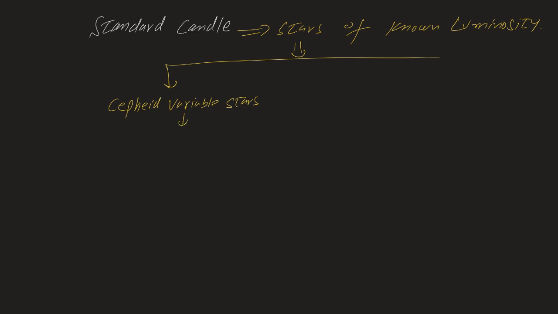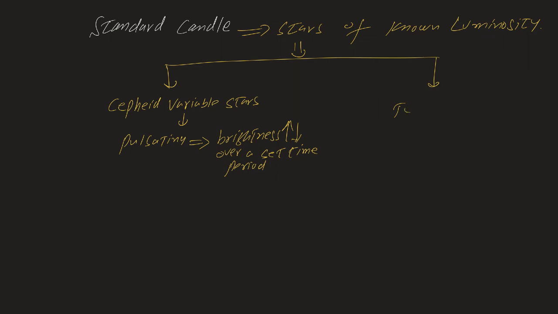These are pulsating stars. What does it mean? It means their brightness increases or decreases over a set time period. So they are just like twinkle twinkle little stars. Sometimes they are brighter, that is, at a particular time they are brighter, then after an equal interval of time they are less bright. And second we have